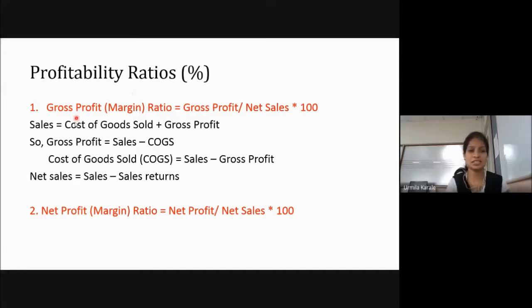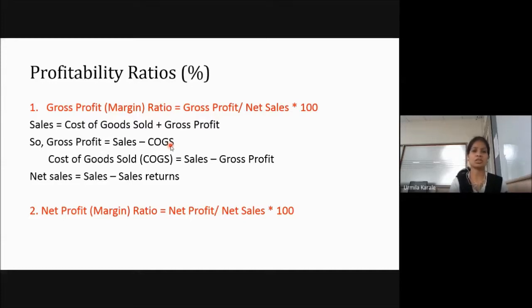Now try and understand this equation. This equation is very important, right? How you get gross profit: when you subtract cost of goods sold from sales, then you get gross profit. How will you get cost of goods sold? We will not be considering the entire cost of production of that year. Why are we doing it so? Because we have the matching principle. So of that particular year, whatever cost is related to the sales which you have made, only that cost will be compared with the sales. Raw material cost, purchases of that year. Then we have also added some direct costs, wages and all that.